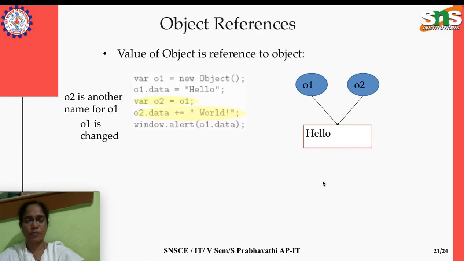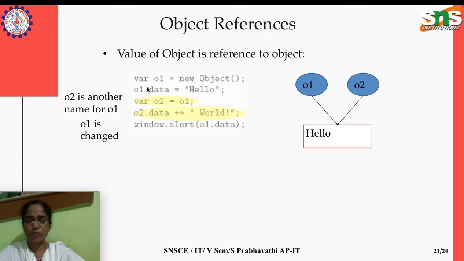And speaking about the object reference, the value of an object is a reference to another object. So what does it mean? You can copy one object's value to another object, and changing some content in the other object will also reflect in the first object. Okay, so it might be a little confusing. Just take straight away this coding, that will make it clear.